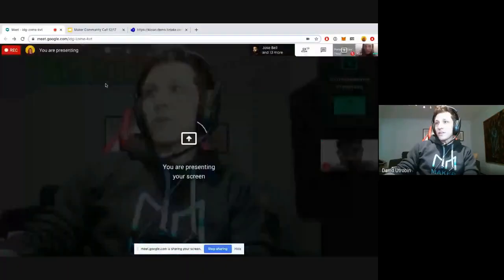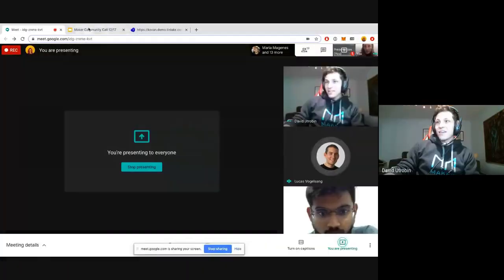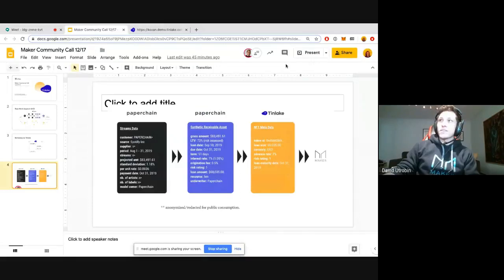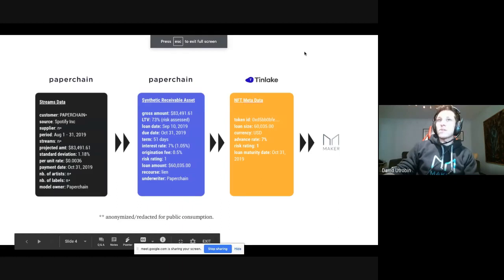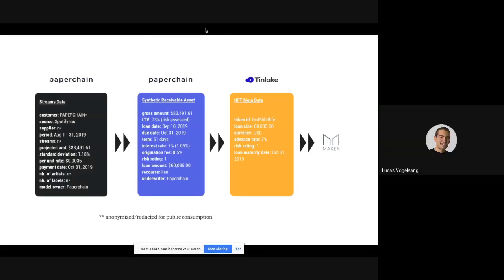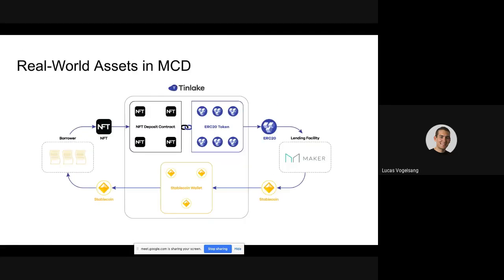While you're pulling it up, I'm assuming CVTs are fungible, right? Yes, they are. Are they fungible per Tinlake instance, or no matter how many instances, it's always going to be the same standard CVT type token? So no. If we think of the kind of assets, PaperChain is using streaming royalties, and then there might be another company that is doing residential real estate on the East Coast, and those two would be 2 deployments of Tinlake.